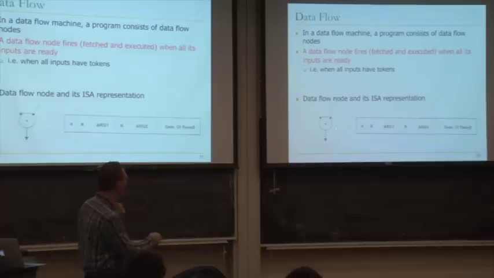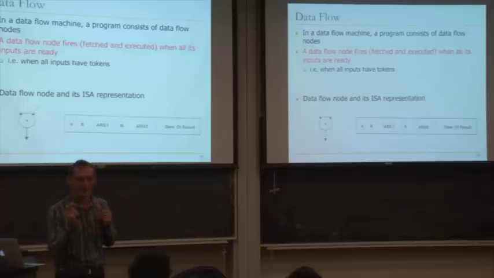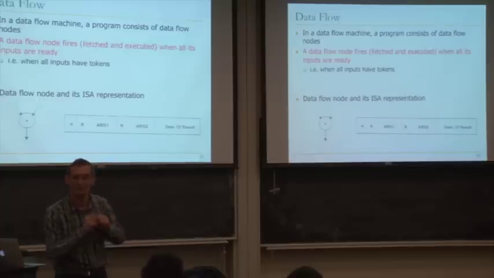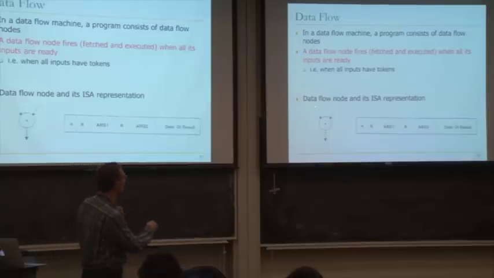If you think of this connected to another node here, that destination node should have some address, right? We still need to store these nodes somewhere. So think you still have memory addresses associated with each instruction. But we don't have a program counter saying you're supposed to be executing this instruction at this point in time. That program counter doesn't exist because the node is fetched when its operands are ready.